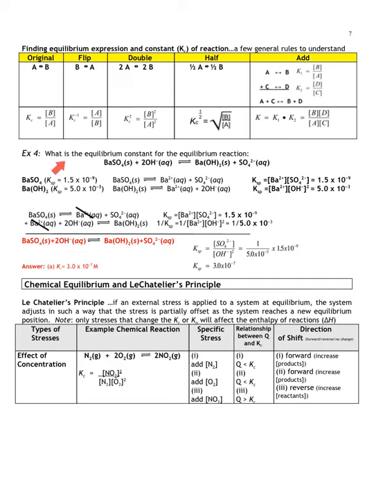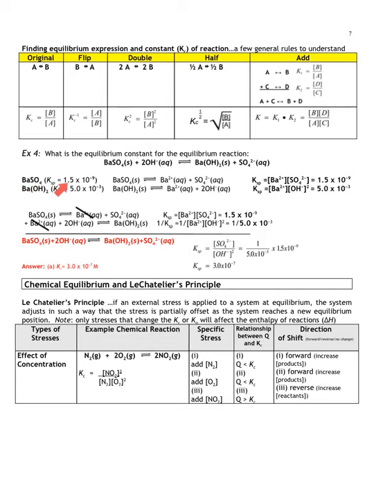So here's a problem, and we'll walk through it together. Okay, in example number 4, it's asking what is the equilibrium constant for the equilibrium reaction. Here's a reaction that's at equilibrium, and we want to be able to find the constant for this reaction. They give you a series of other reactions with their constant and expression. So here we have